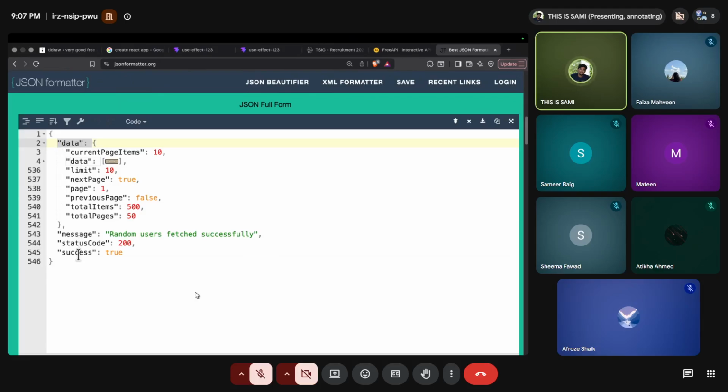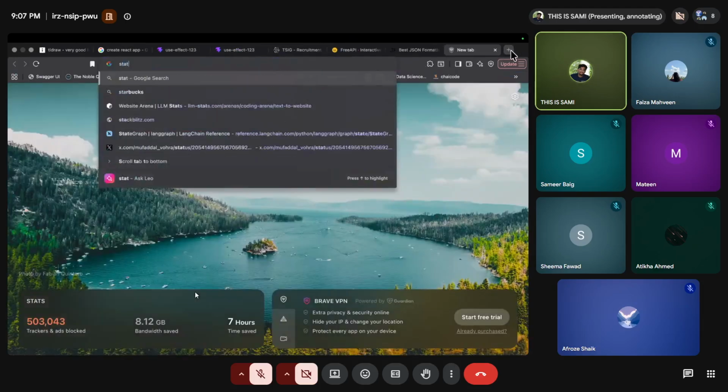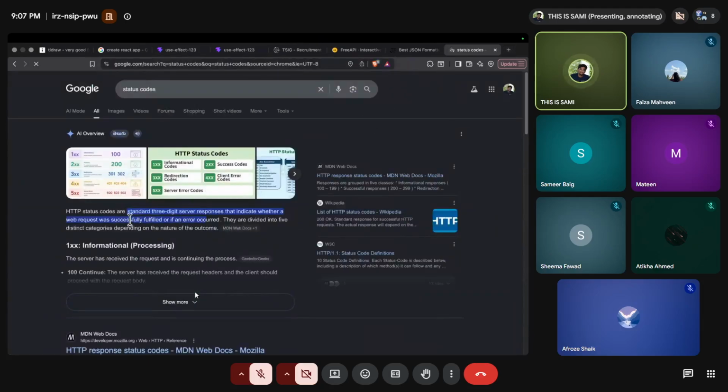बिकॉज there are some industry standards कि मैं डायरेक्टली मैं डेटा नहीं दे सकता, I need to send some, you know, metadata also साथ में, जैसे कि ये मैसेज है, random user fetch successfully, तो it's telling कि है ना, फ्रंट एंड को बोल रहा है अच्छा मैं तुम्हारे को फेच करके लाके दे दिया, ठीक है। अभी स्टेटस कोड बोल के मतलब क्या है कि 200, मतलब कि अभी तो देखो मत, स्टेटस कोड बोल के कुछ रहता है, you can understand this, 200 का